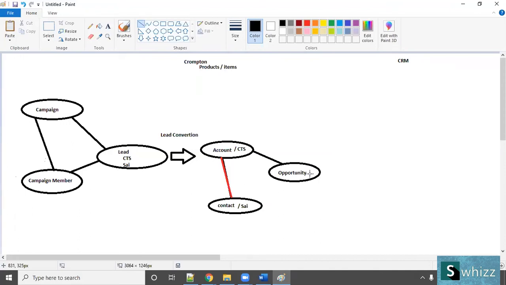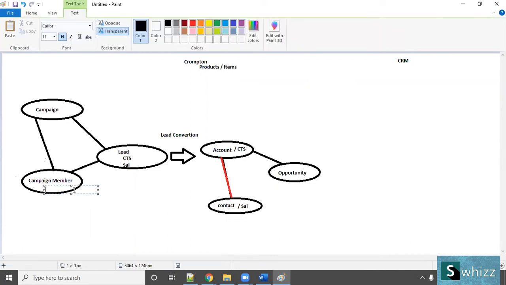Clear till here? Let's say I have some products, right? I do a campaign on these products, and Sai came into the picture on behalf of CTS. He is going to buy some products. So in the part of lead, there will be a type here. The type will be lead.